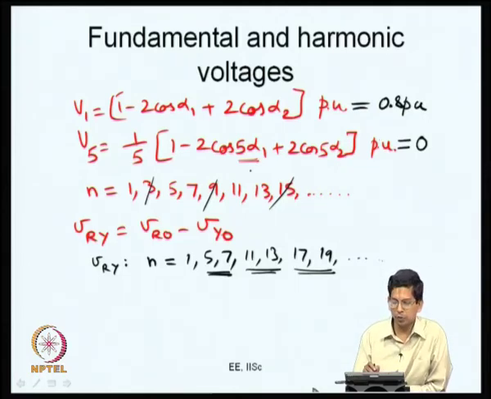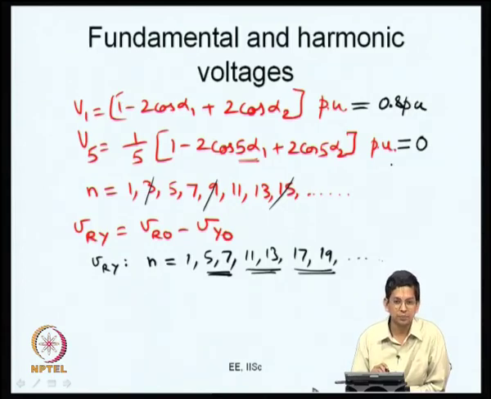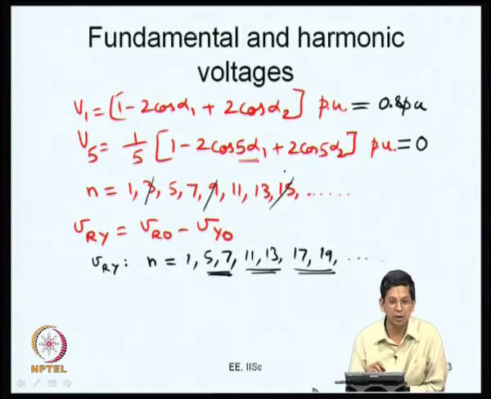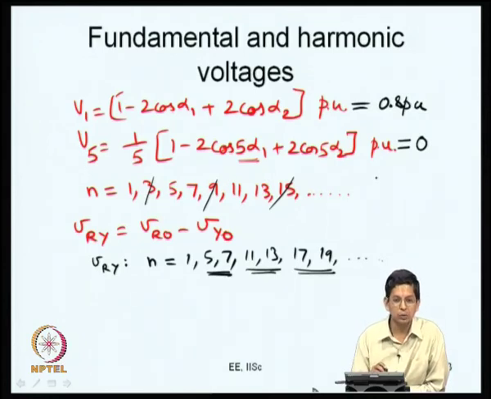It is possible for you to come up with some value of alpha 1 and alpha 2 which will give you a fundamental voltage of 0.8 per unit and a fifth harmonic voltage of 0. It may also give you not just one value of alpha 1 and alpha 2, it may give you maybe 2 or even possibly 3, I do not know, but maybe even 2 values might be possible for some value of fundamental voltage. So, these are things which we will explore later when we go on to the specific problem of selective harmonic elimination. This is harmonic elimination because we are making the fifth harmonic 0. We are making a specific harmonic go to 0. So, we would call it selective harmonic elimination.